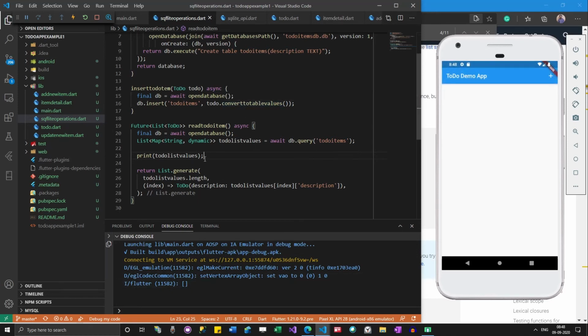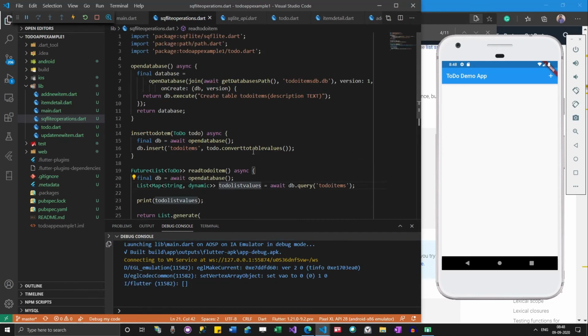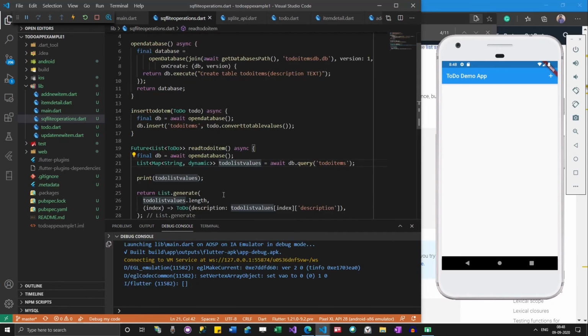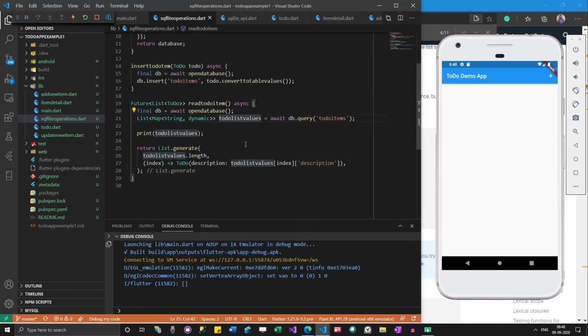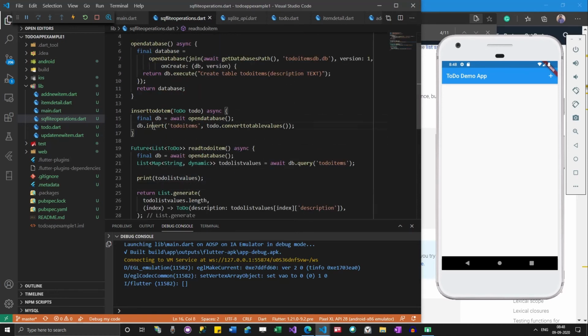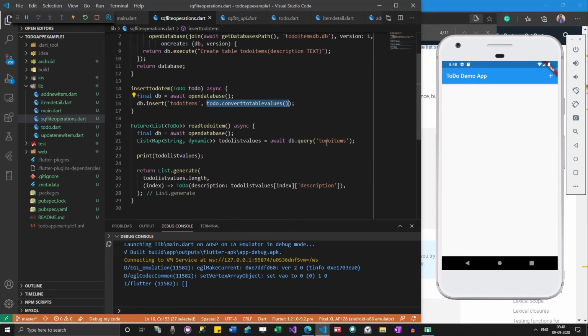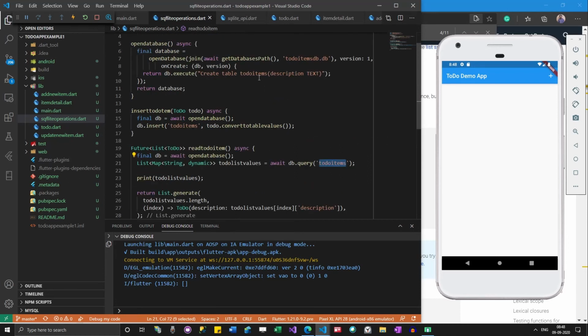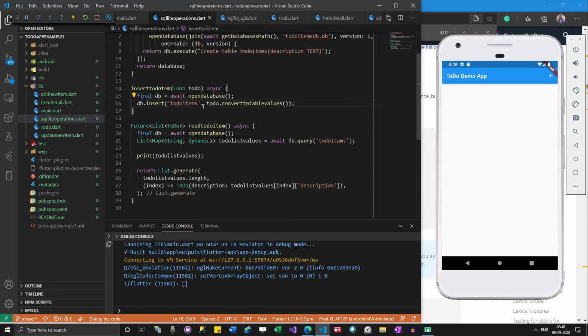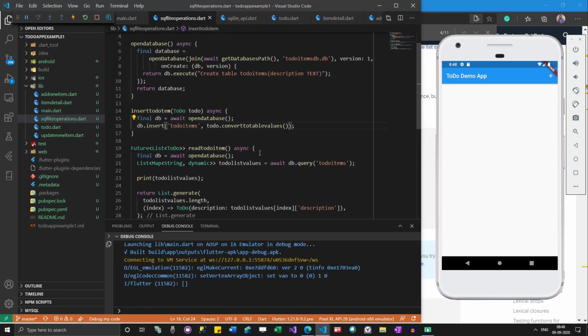Whenever the reading is happening, you can see the list is empty. Probably the inserts are not happening at all. So we need to debug these insert items and see if it is working fine or not.